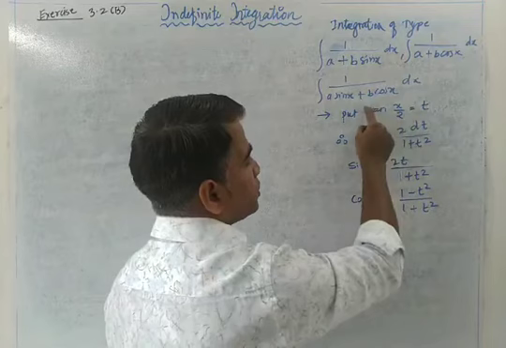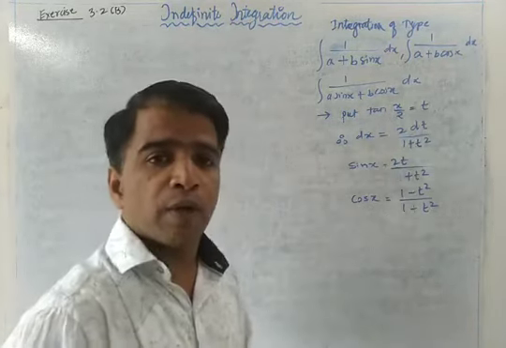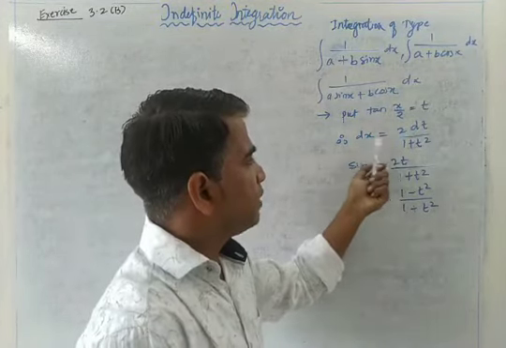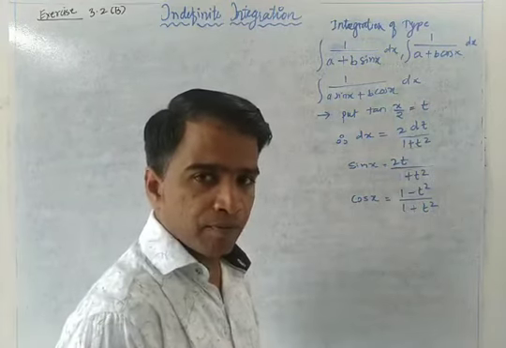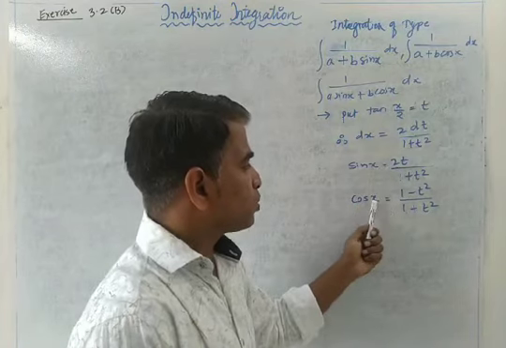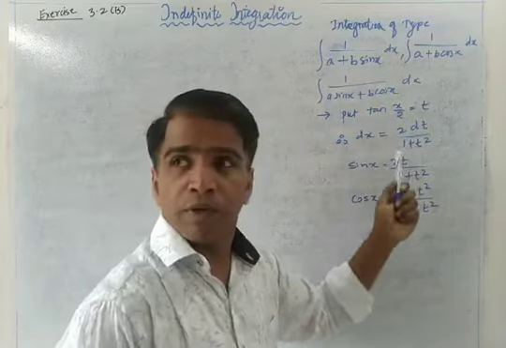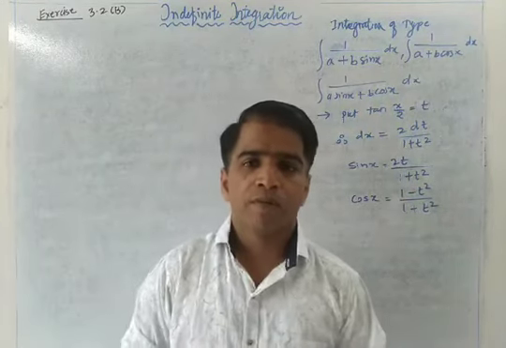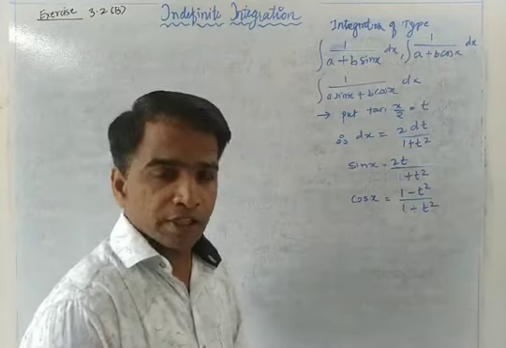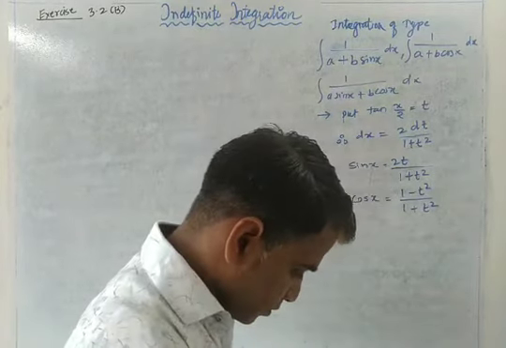In that case, we are going to change tan x is equal to t. With respect to that, dx you will get dt upon 1 plus t square. Sin 2x will be 2t upon 1 plus t square, and cos 2x will be there. The value remains the same, only the value of dx is going to change. Is it clear? Okay, so now we are practicing the questions related to that integration. So let's begin with the examples one by one.